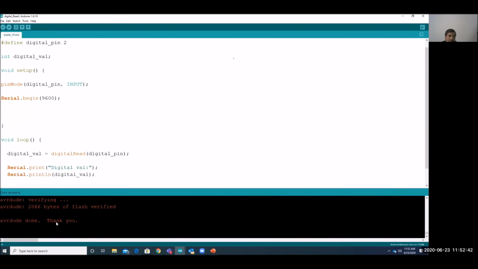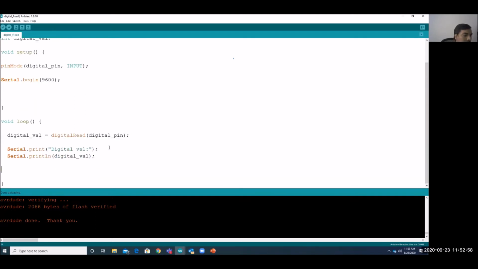Once it is written, it will say that we are done. So this is the compiler, and this is the programmer to upload the program. After uploading, we can connect the sensor. I have given the pin to A0, now connected to pin number. You can see here, positive and negative I have given to the sensor, and I have connected the output to the digital pin. This is the digital pin where I have connected to pin number 2. So now we'll see the output.